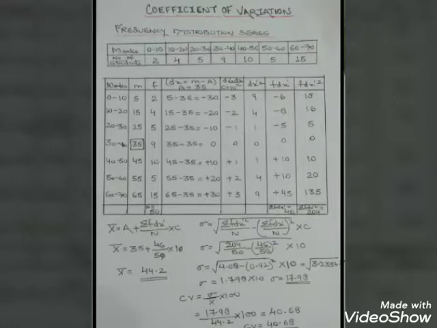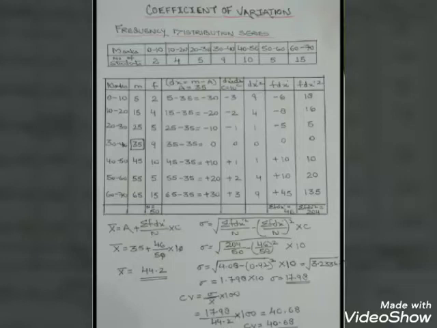In the table that has been drawn, there are 8 columns. The first column is marks, second is mid value, that is M, next is frequency, then deviation, then the common factor, then dx square, then fdx, then fdx square. Now children, over here we will use the step deviation method, so keep this in mind.